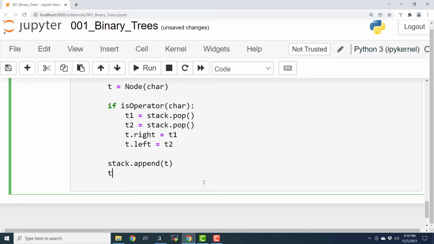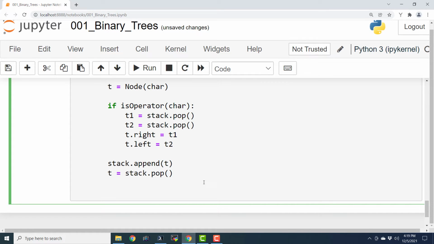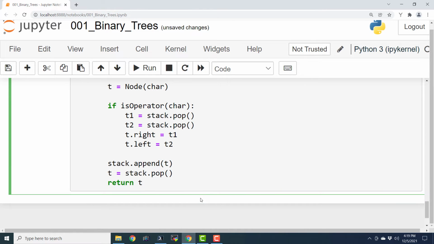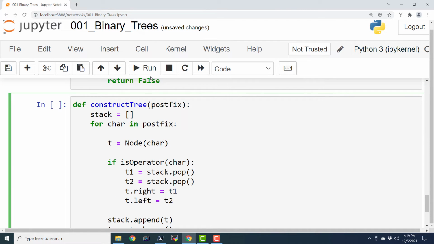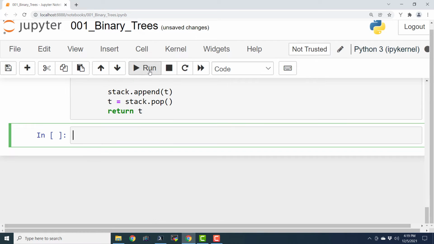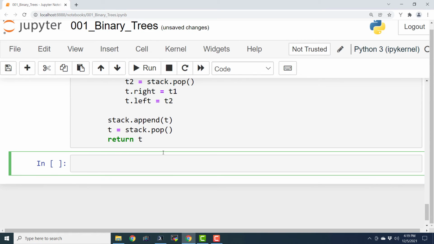So t equals stack.pop, and finally we are going to return t. So this is how we can define the function to build the postfix tree. Now we are going to write the driver program, and it is very, very easy.